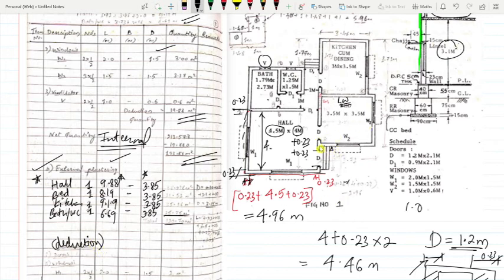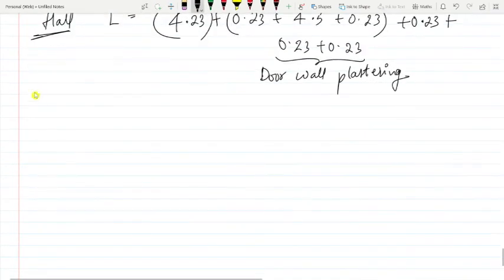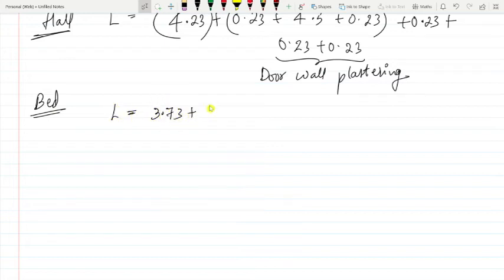Again the same thing here. From where you have to take here. So 3.5 meters. Again 3.5. So I'll write for all the things first, then you'll understand. For the bedroom length, how we'll calculate: 3.73 meters plus 3.50 meters plus 0.23 two walls thickness plus 0.50.